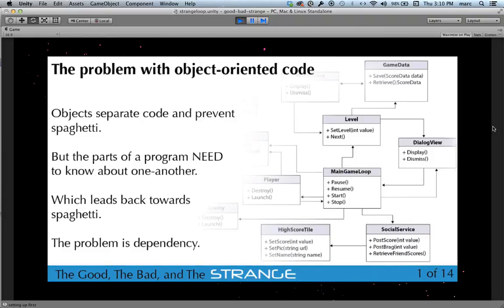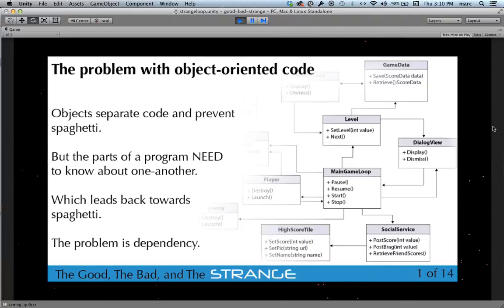And the connections between the classes lead all those beautiful separate objects to start becoming intertwined with each other. So you're moving away from spaghetti by creating objects, but you're moving back towards spaghetti by connecting those objects. And you get the problem that we call dependency, or sometimes interdependency. That's a problem because it means that your code starts becoming inflexible. It starts breaking in places that are hard to identify. It becomes less easy to change and update. And so we want to avoid this problem.